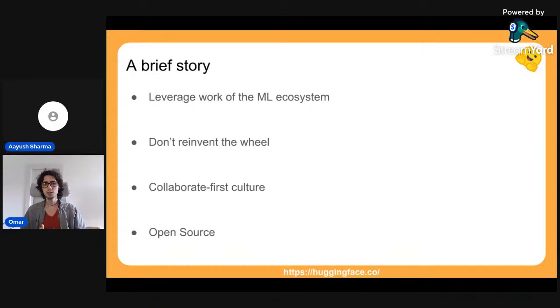So if you want to collaborate with your team, you will probably create a repository in GitHub and you will collaborate with others. And once you're ready and you have a project that you want to share with the others, you can open source so the whole ecosystem can leverage the work that you've done.